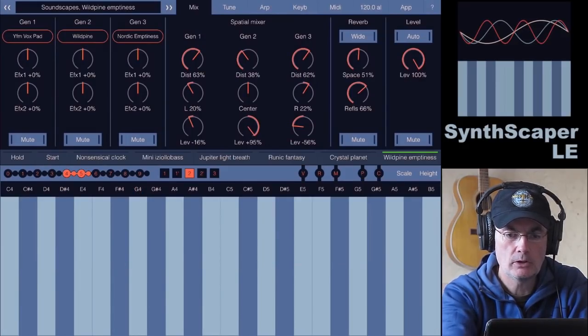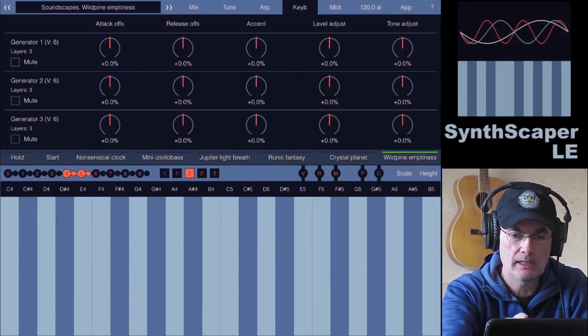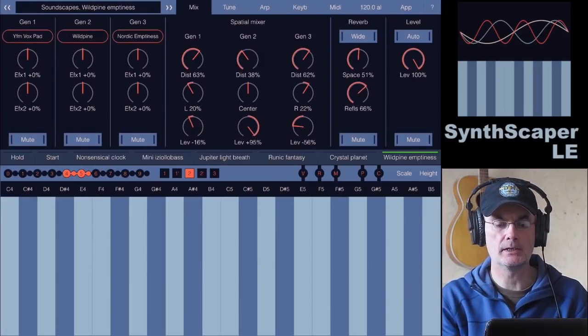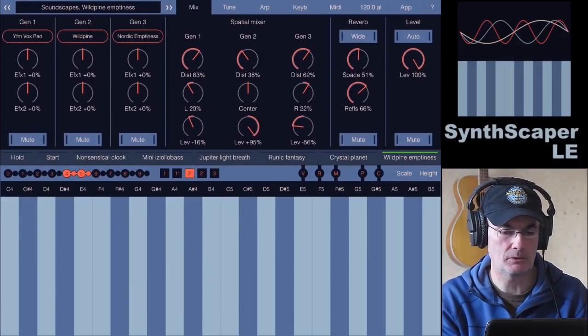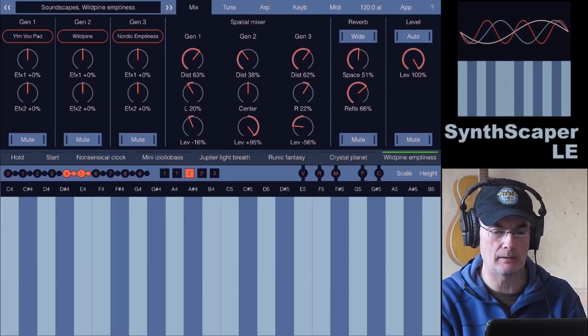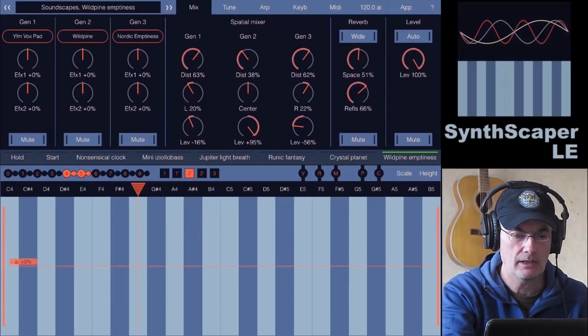What can I do next? We'll look at the tuning and the keyboard screens in a moment, but before we do that, I'm going to come back to something I started to say earlier about the keyboard. If I hold a key,